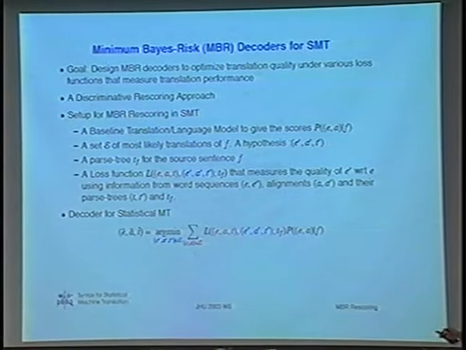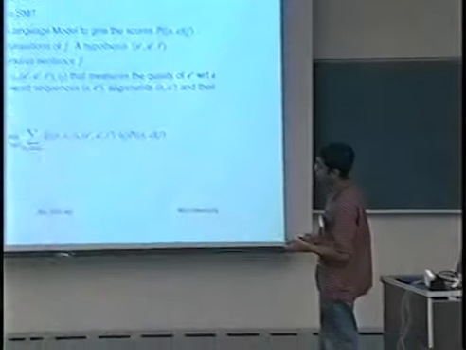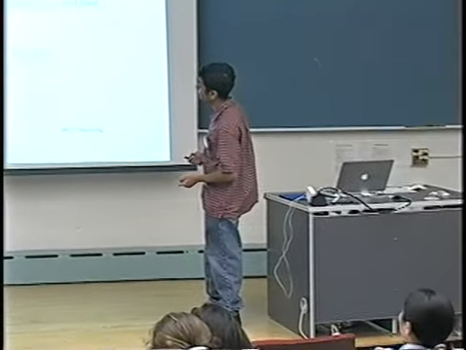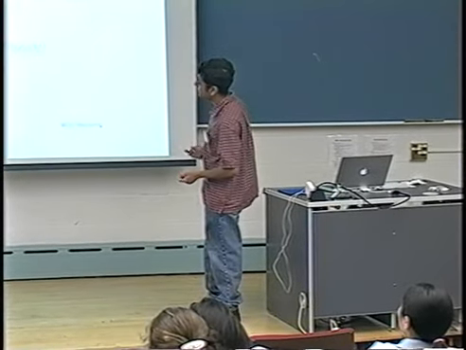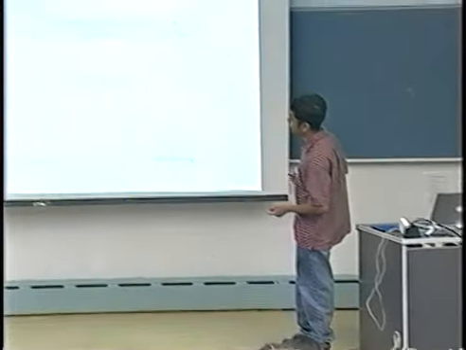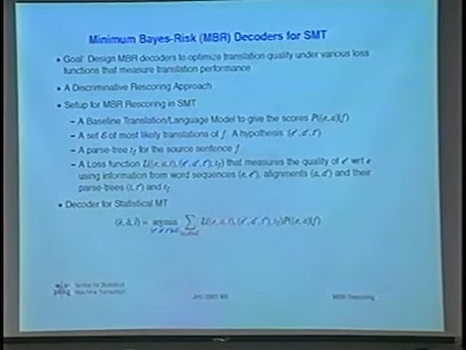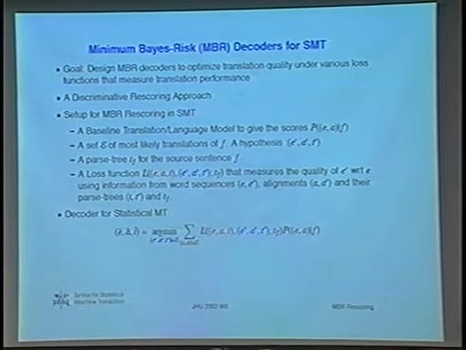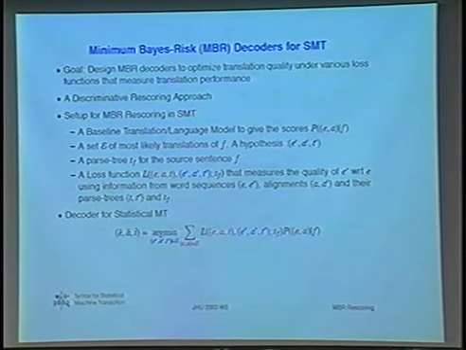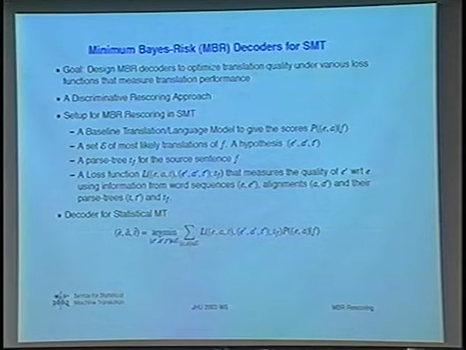So in this workshop we restricted ourselves. There are two aspects in this decoder. One is the computation of this expectation. For this workshop, both the computation of the expectation, that is this summation, as well as the search, were restricted to the candidates in the n-best list. This is quite tractable and allows us a lot of experimentation with a variety of loss functions, which I will describe now.